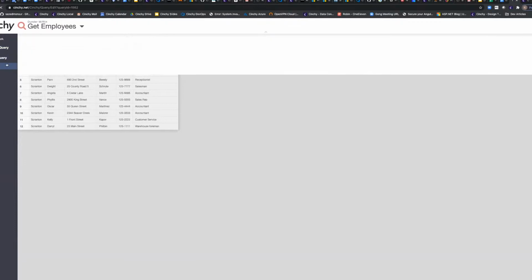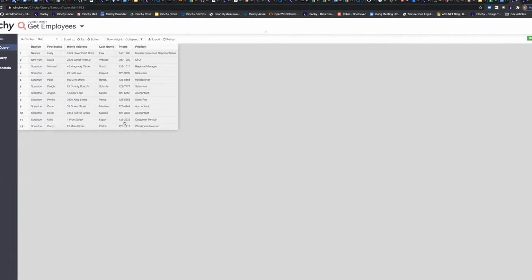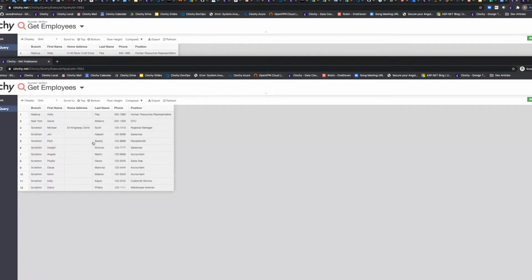So here's a simple query, a select statement that is running against this employee's data set where I'm pulling back these attributes. Notice that I don't have any additional sort of filter conditions, anything that would control the access to this data. But this here, which is a query inside of Cinchy, also is a REST endpoint. If I was to access this as that same user, so now logging in as sort of Michael, you see that the home address is limited to his own personal record, right? He's only getting back those details for his own row.